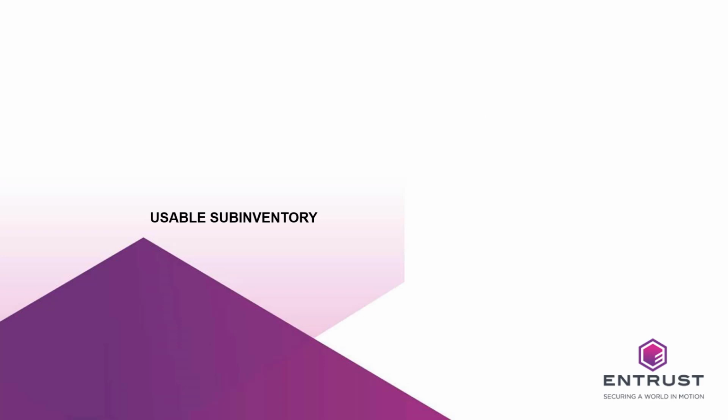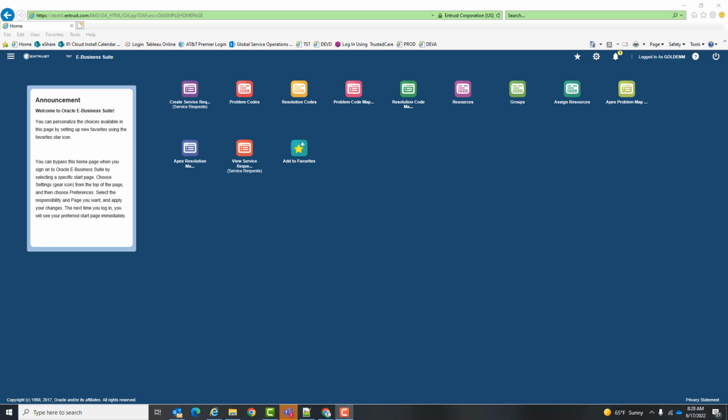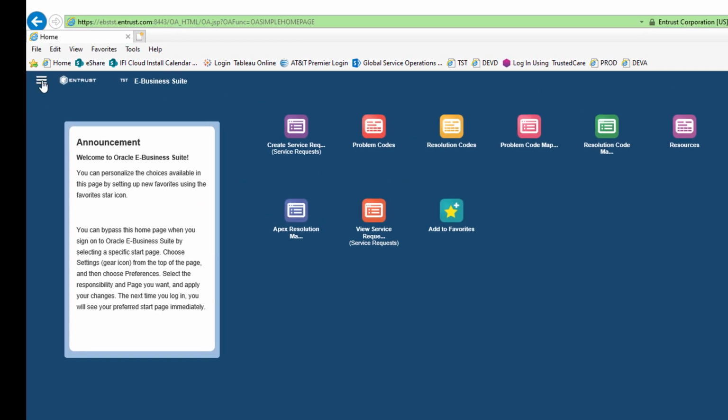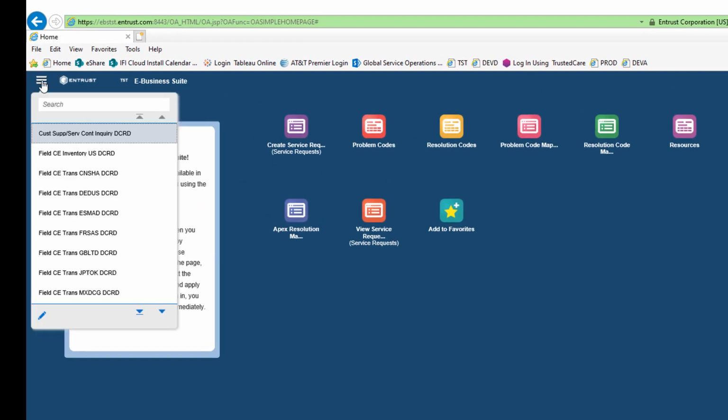Planners desktop, usable sub-inventory node. To view a usable sub-inventory, after logging into Oracle, you will need to open the Java form. If you don't have the Planners desktop set up as a favorite, you can open the form by clicking on